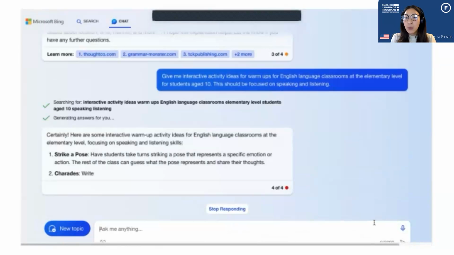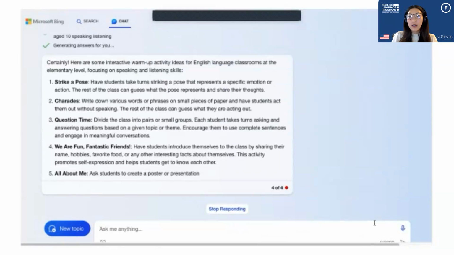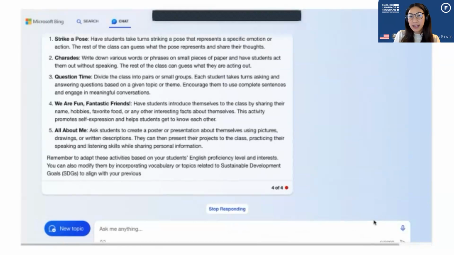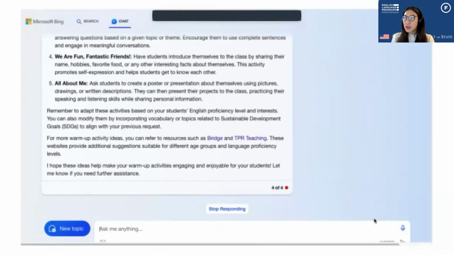So maybe I want some warm-up ideas. Maybe if you are a JET or an ALT who wants to create some ideas for activities, this might be something that you can do. Wow, it's giving me all of these great activities. Notice that it's actually